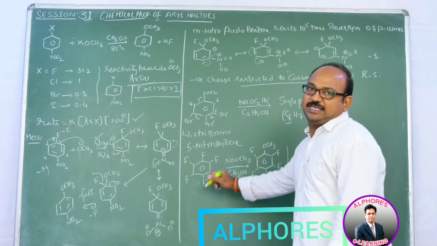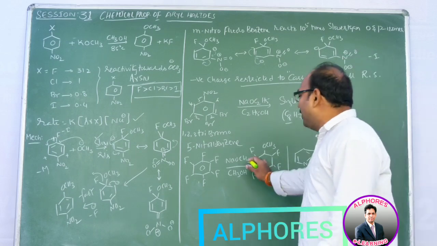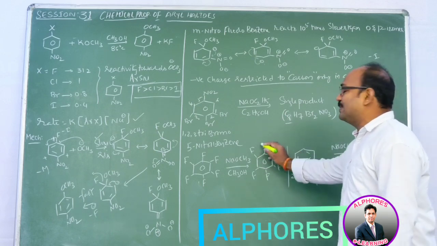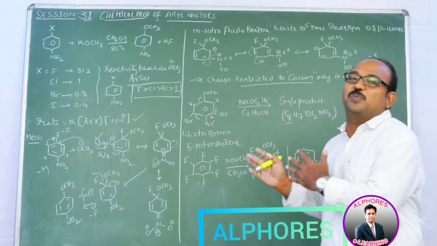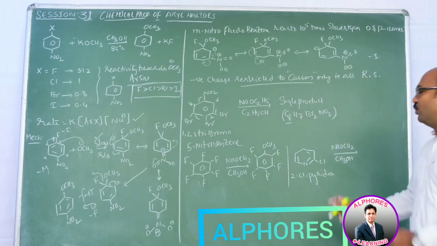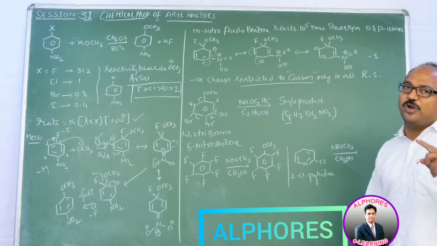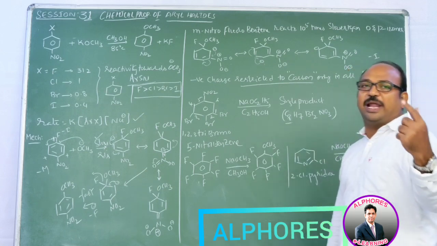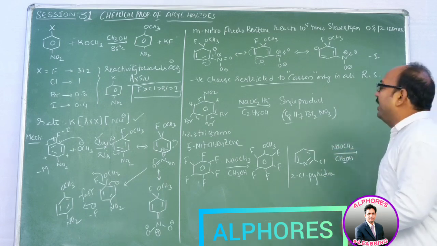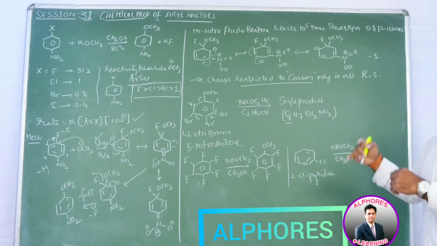And 1, 2, 3, 4, 5, 6 hexafluorobenzene upon treatment with sodium methoxide. Is it possible to displace that fluorine? One of the fluorines is displaced by OCH3. So how does this mechanism proceed? Try to write it. And 2-chloropyridine upon treatment with NaOCH3. Whether this Cl is going to be displaced or not, try to write a mechanism for this one. In addition to this, I am going to give 3 more reactions. For these 3 more reactions, try to write the product.